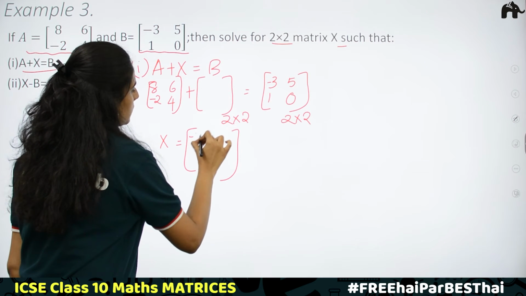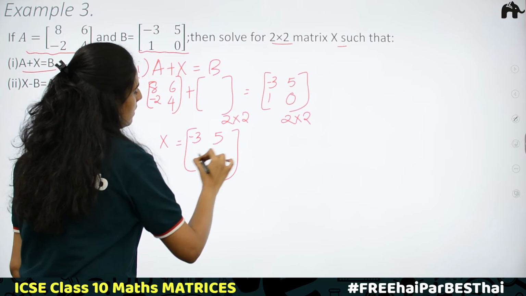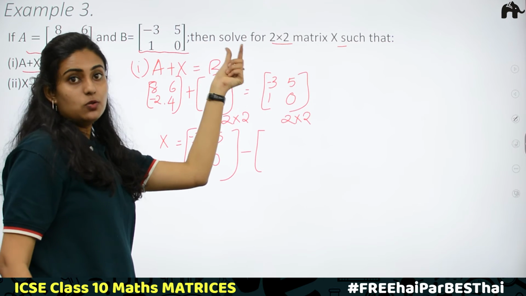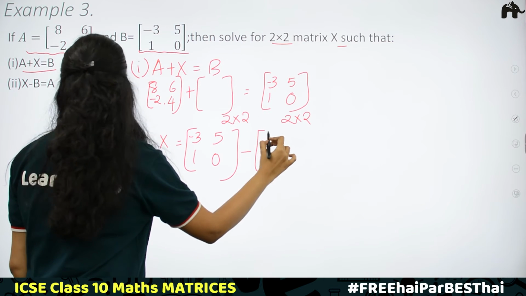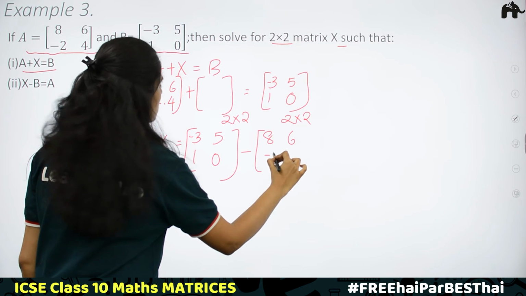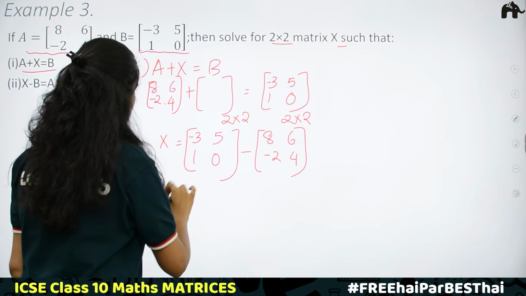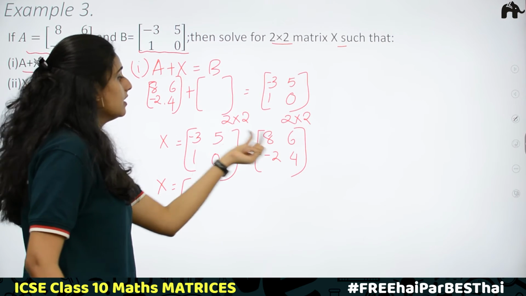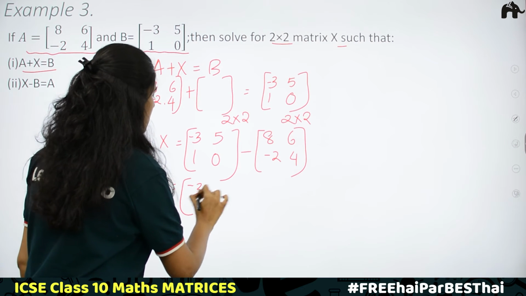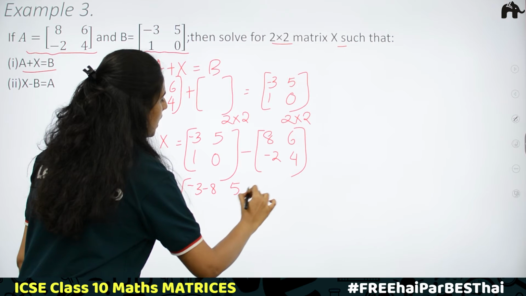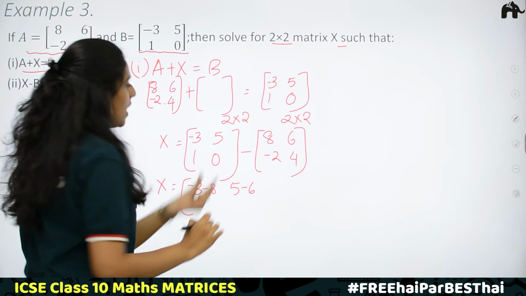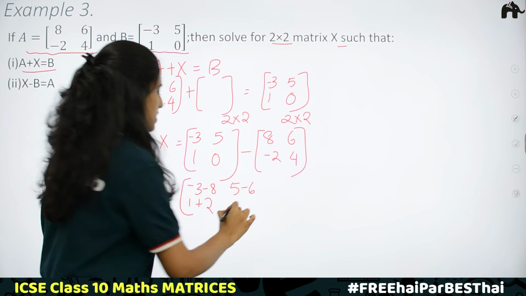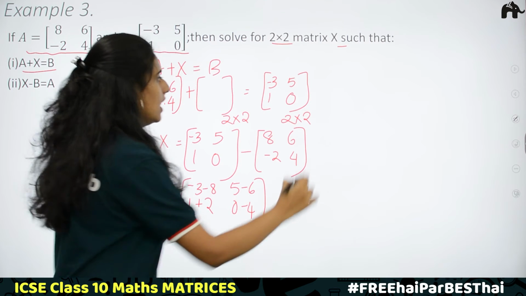That is matrix B, minus 3, 5, 1, 0, minus, here it was plus. Plus becomes minus when it goes to the opposite side. Minus 8, 6, minus 2, 4. Then what are the elements of X? X will be equal to subtracting the corresponding elements. Minus 3 minus 8, 5 minus 6, 1 minus of minus 2, 1 plus 2, and 0 minus 4. X is equal to